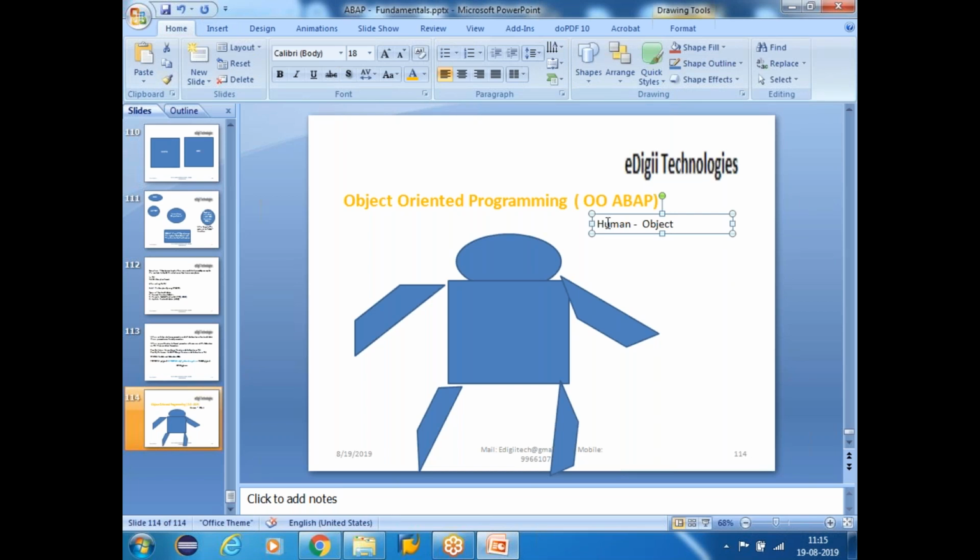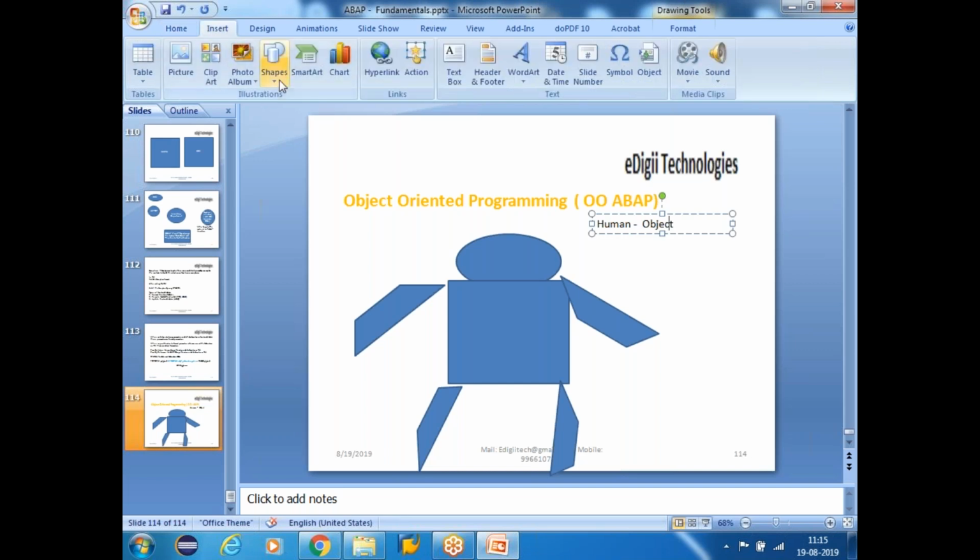If you want to function the human body, what are the main functions that are required? Maybe how the human body is built, how this object is built. So this object is built based on